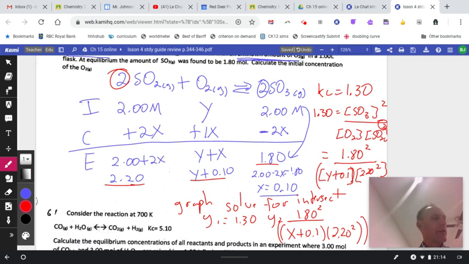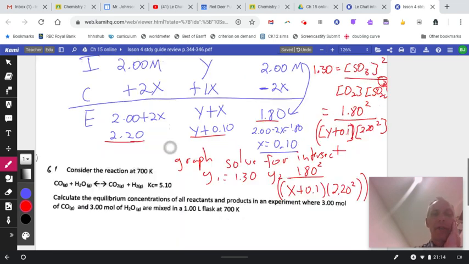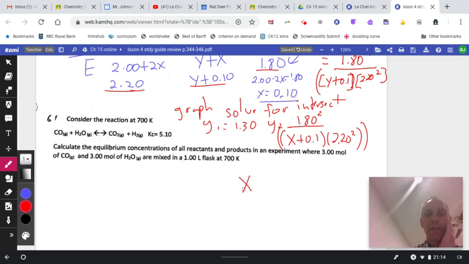And I'm just going to make sure I got all that written down correctly. Yes. Okay. Graph it, and you get the x-intersect is 0.415. I'm running out of space, so I'm going to have to jump down here. Okay, so now I know that this equilibrium concentration will be 0.415 plus 0.10,